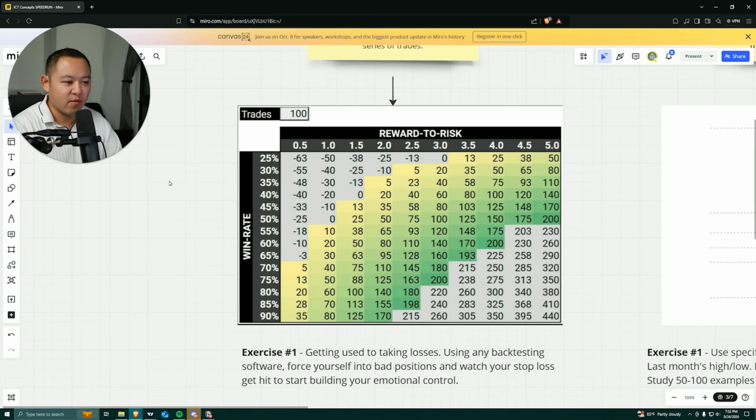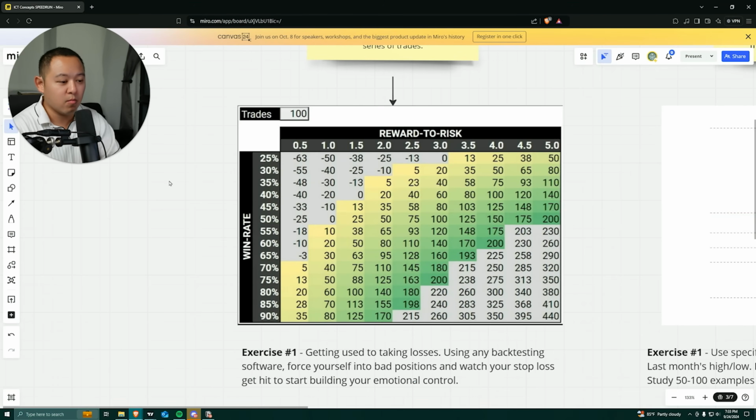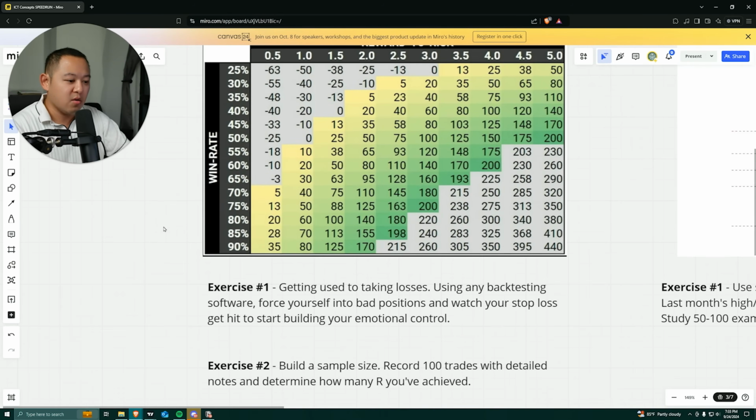All right, Umar Ashraf talks about it all the time. Just think about R multiples. If I'm going to risk X, I need to make Y. And based on my risk of, let's say, 1, whatever 1 is your R value, risk reward, you need to make 1. That's your baby step exercise. So the biggest exercise that I'm going to tell you guys to take is getting used to just taking stop